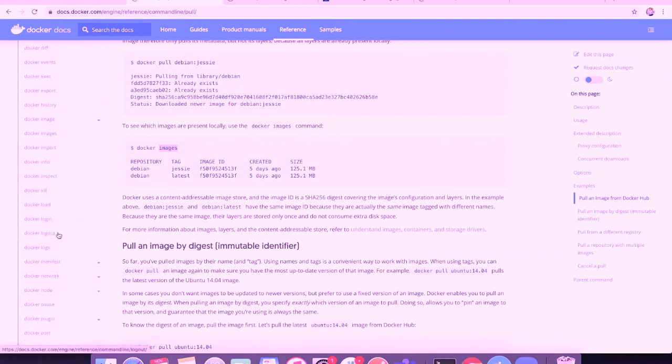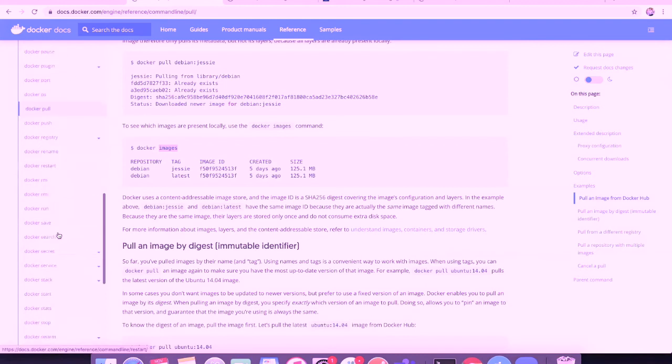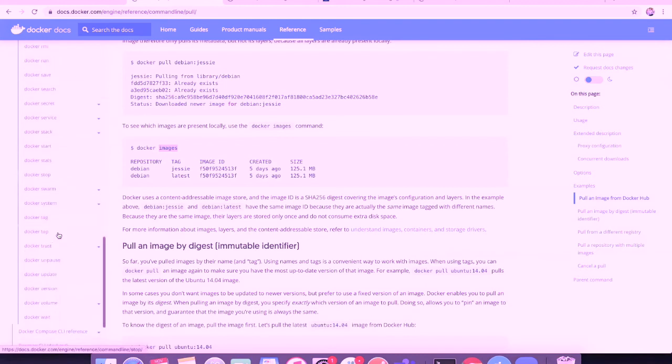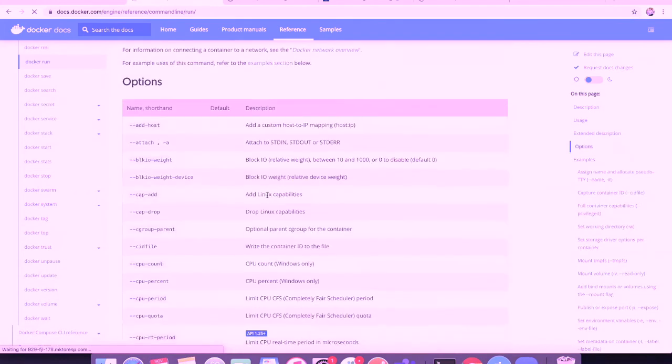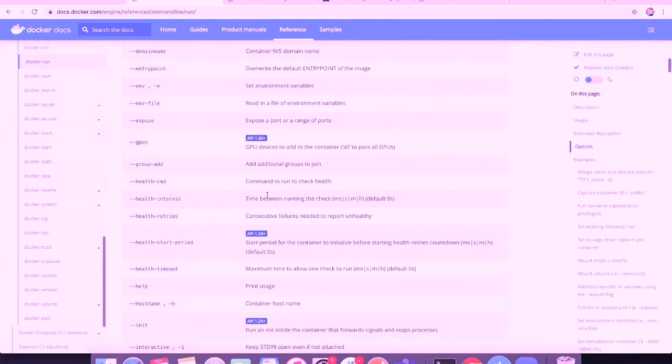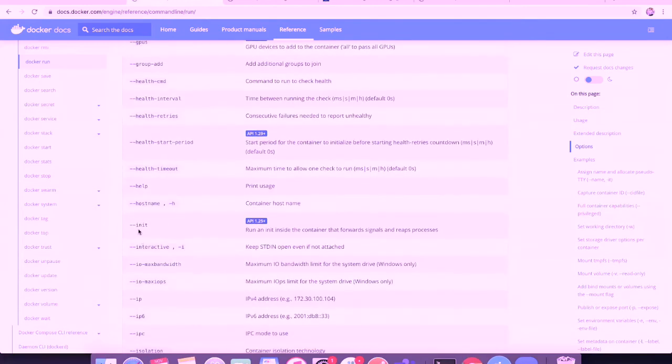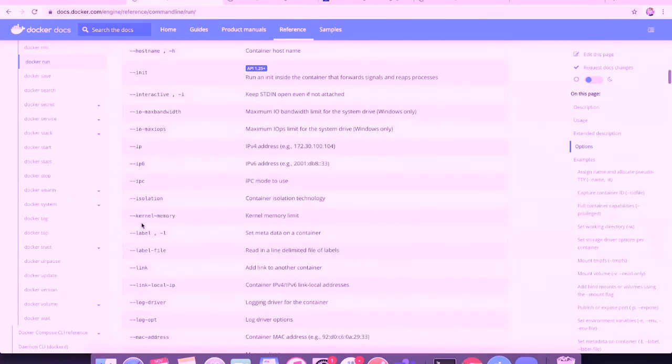So there will definitely be a docker container run command. If you go through here, different options are there. There is the interactive mode I was talking about, and one detach mode.